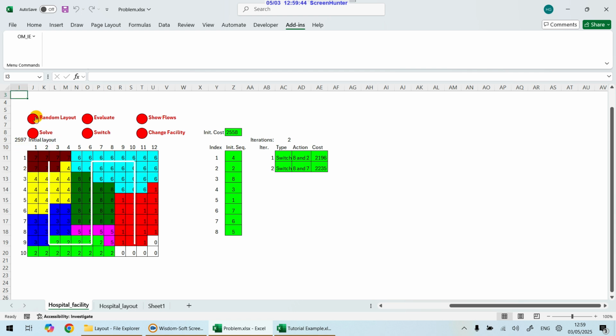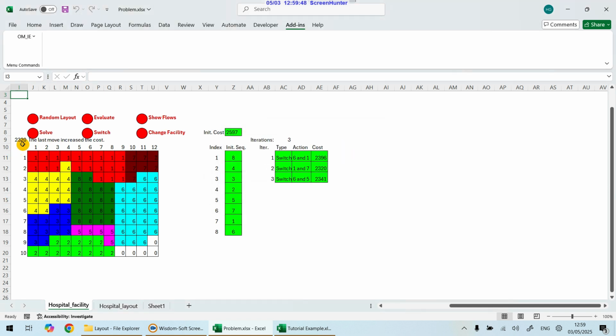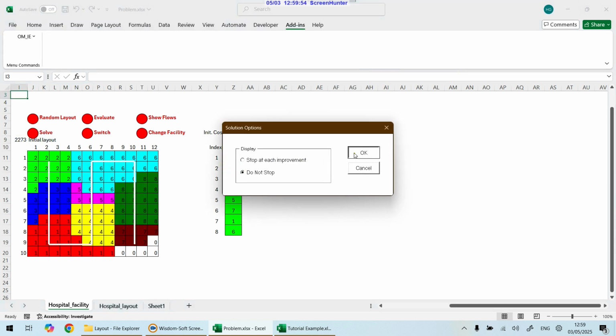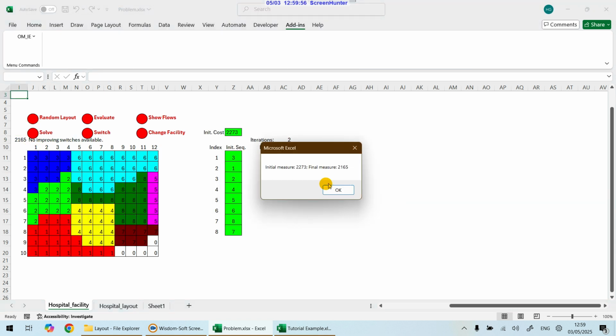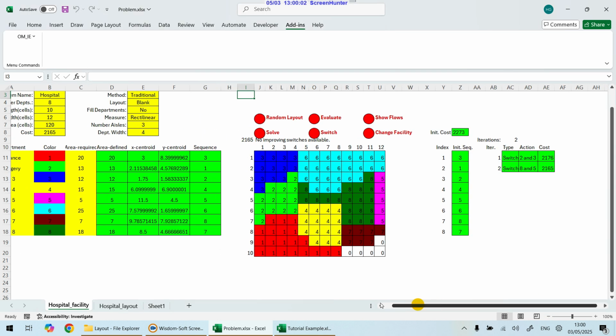Okay, find another random layout and then solve it, and then try to find better solutions. Sometimes you see it finds even worse solutions, or sometimes it can find better solutions. So starting from different solutions may end up with different results. Okay, and also